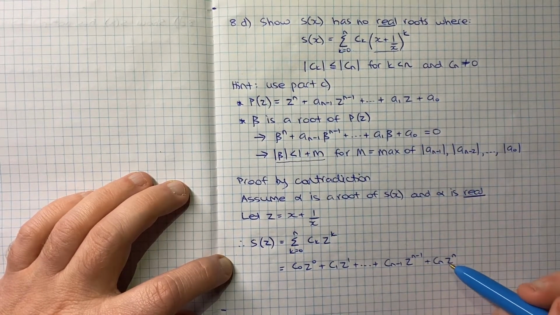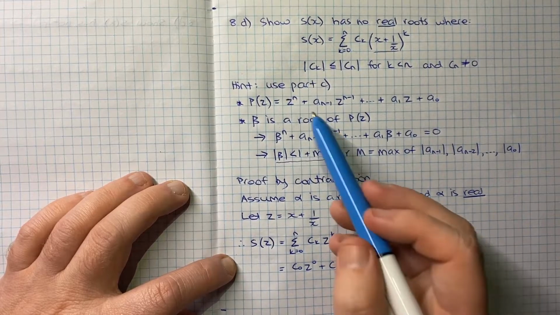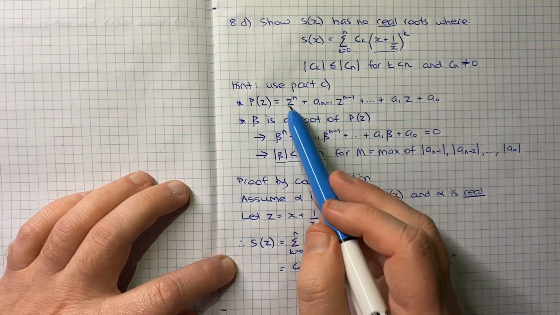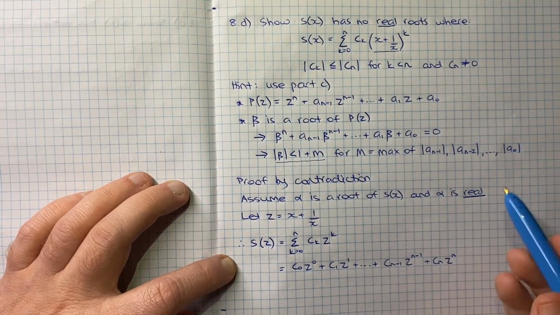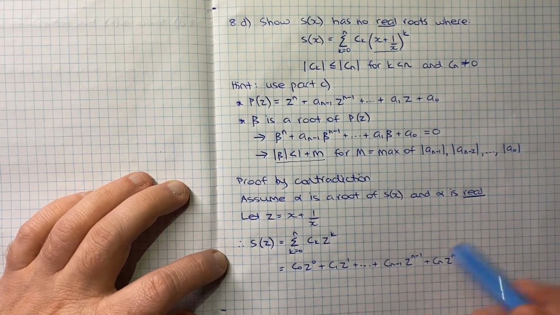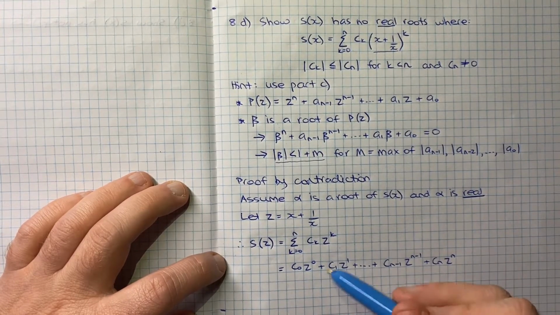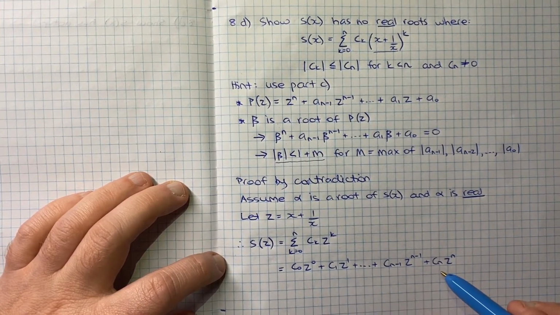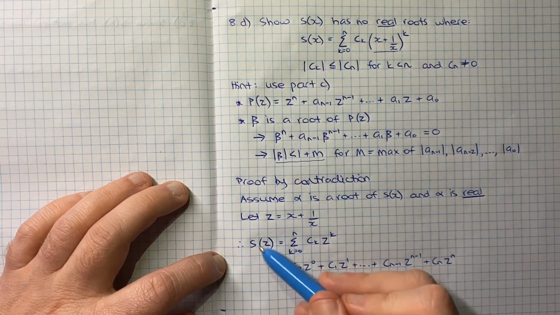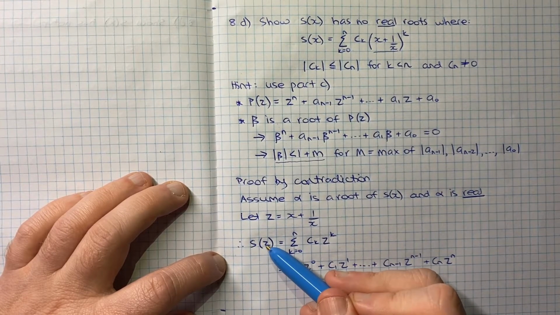Still a bit of work to do though, because we kind of don't have anything in front of the z to the n, whereas here we do. So there's going to be a bit of tweaking required, but basically we're off to a good start. I think the next step to try and make this link is to assume a root of this function s(z),